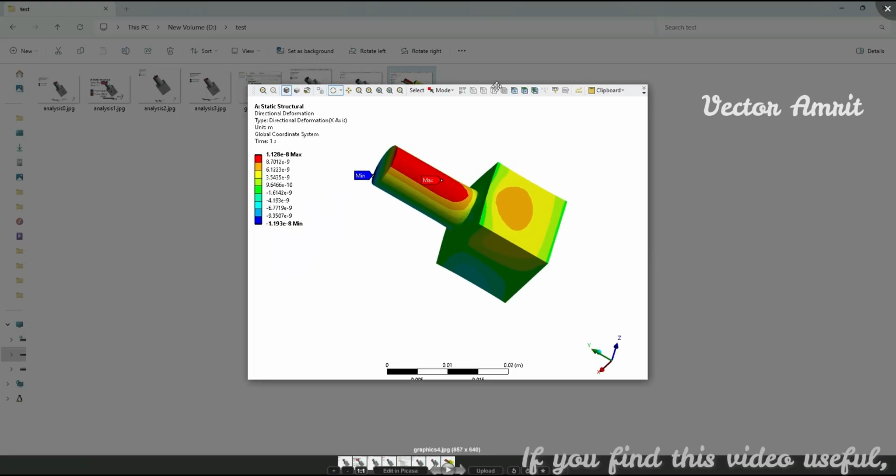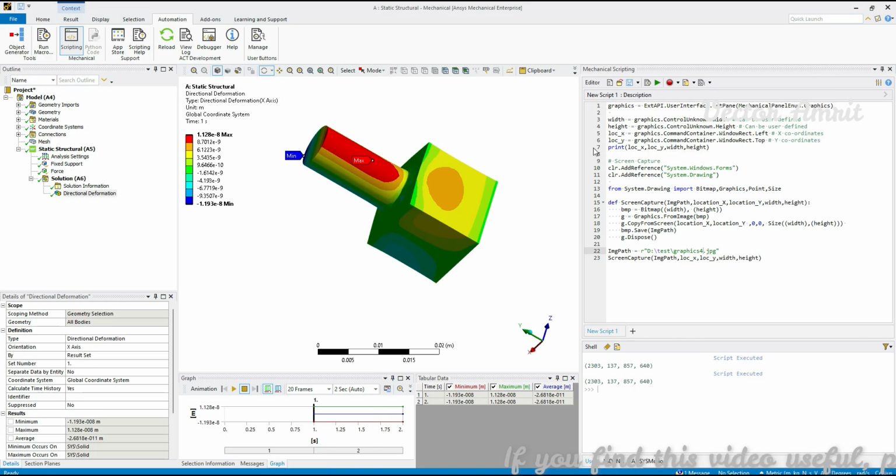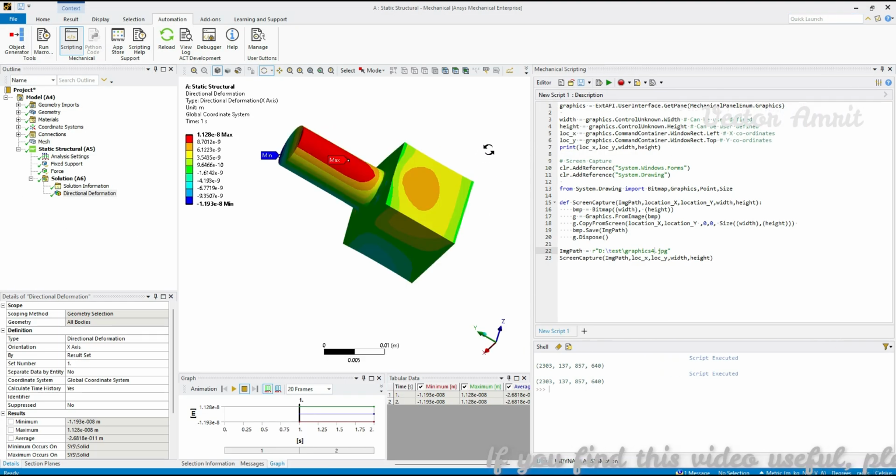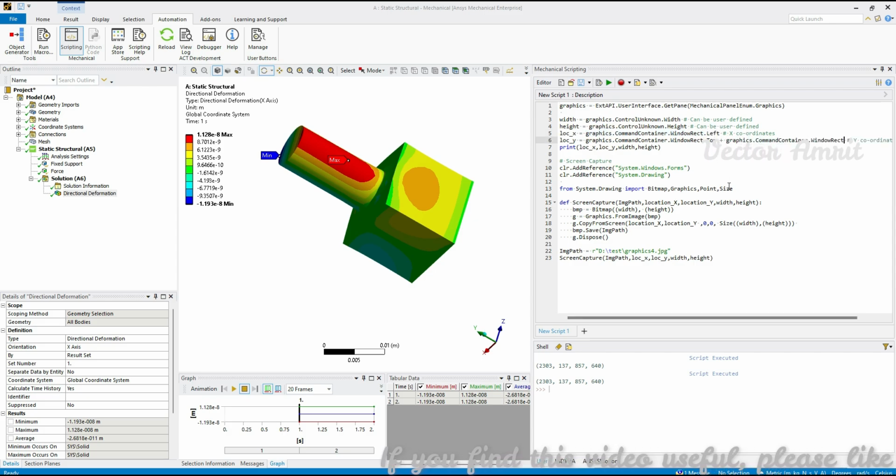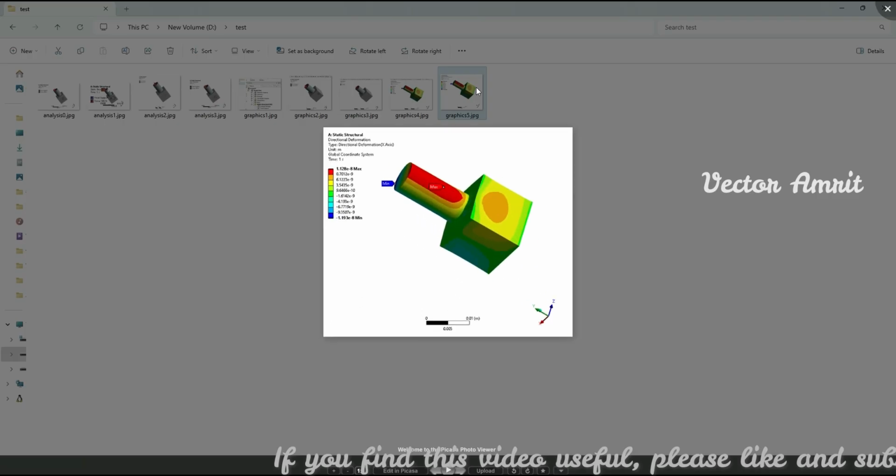Let's see how to hide this top ribbon. What is happening is that the location y is actually starting from here instead of here. So this width we have to remove. What we can do is, from here, add the coordinate. There is one more coordinate, which is rectangular dot height. But this height is not the height of this pane, it's the height of this ribbon. So if I execute with graphics image name 5 and run it, you will notice that now this is clear, you don't have a